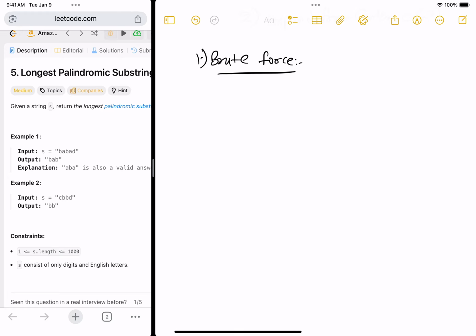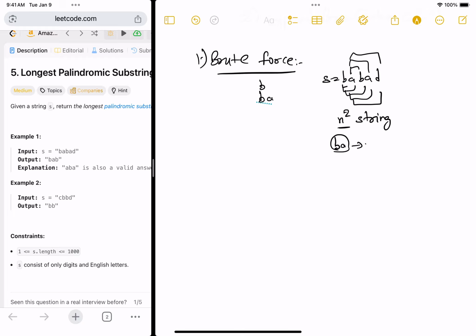For brute force, what we can do is find all the substrings. For the example, S equal to BABAD, we can take all the substrings like B, BA, BAB, BABA, BABAD, and then AB, ABA, something like this. That means first we will get order of n square substrings, and then for each substring we'll check whether the substring is a palindrome or not, which is